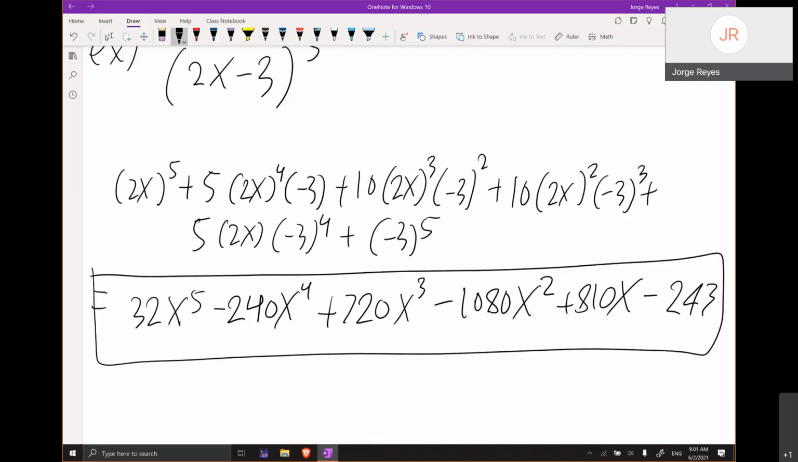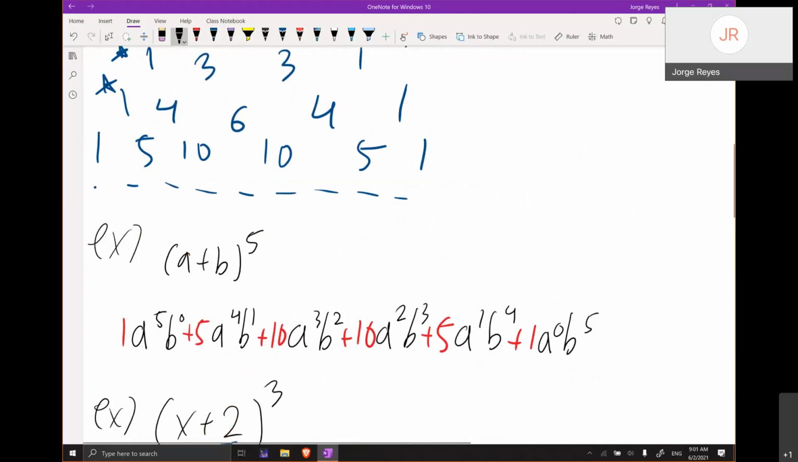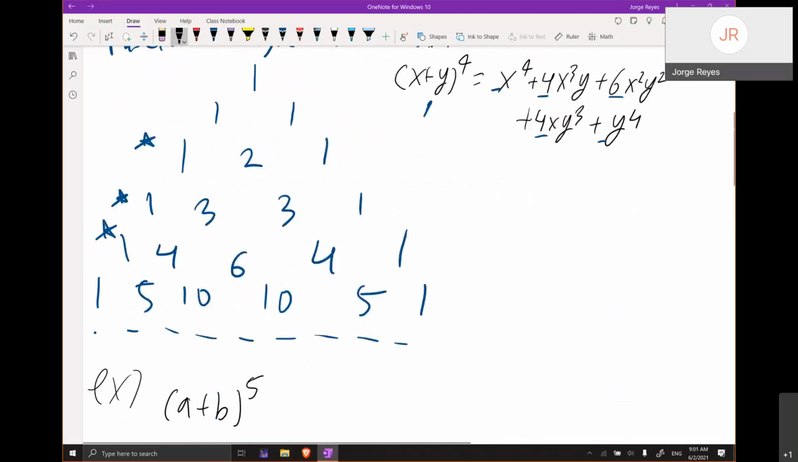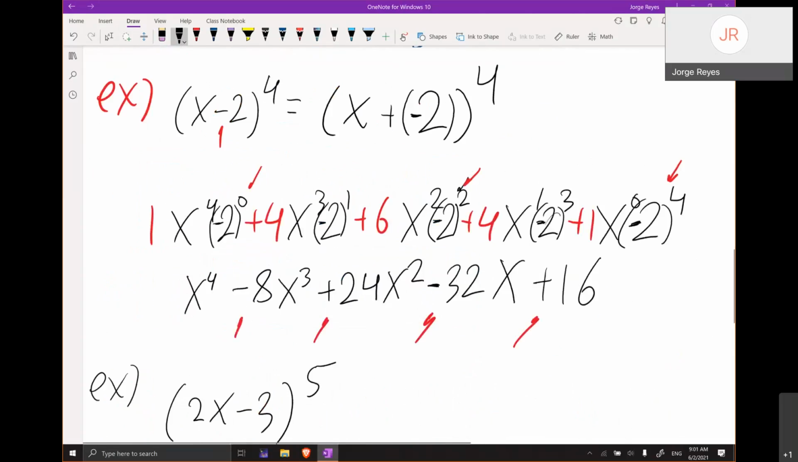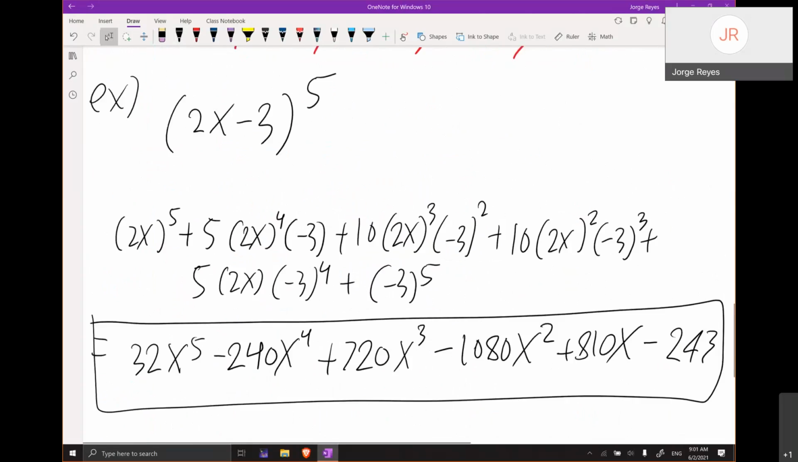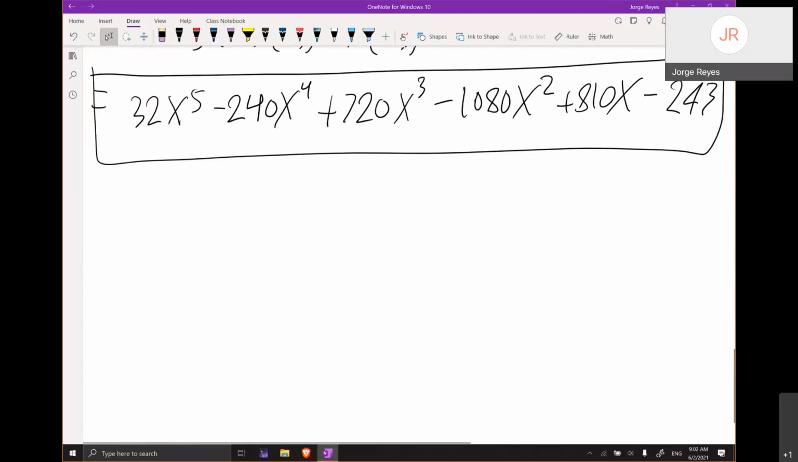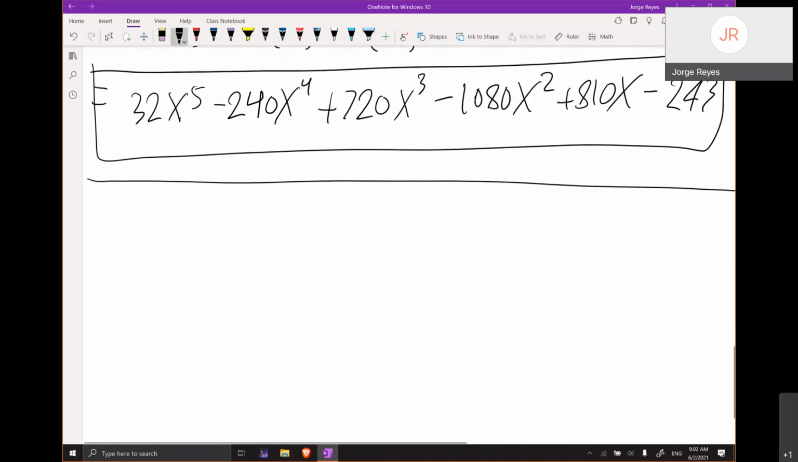All right, so that's technically the end of the section. If all you learn is this, that is fine. This is the question that'll show up on the final. It's just going to be expand something. Okay. Now, for completeness' sake, because I'm supposed to be teaching you pre-calc,